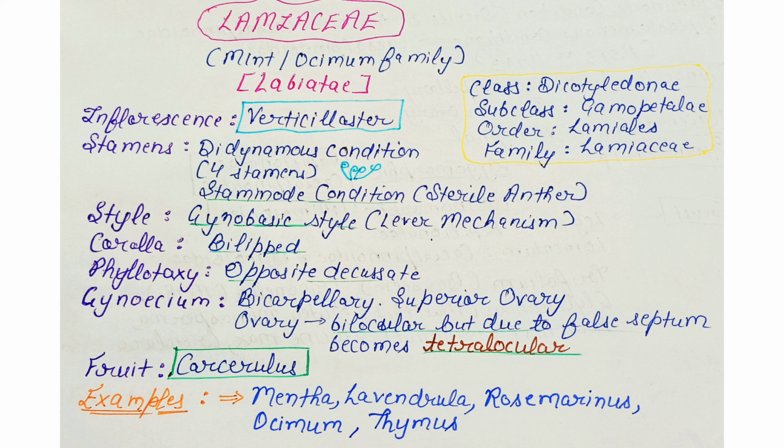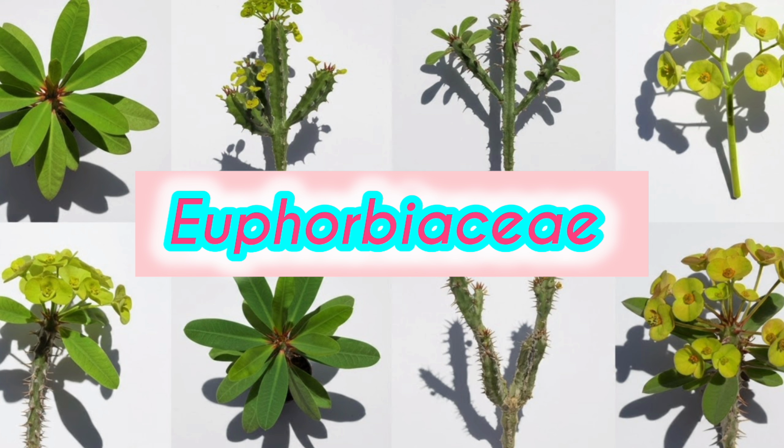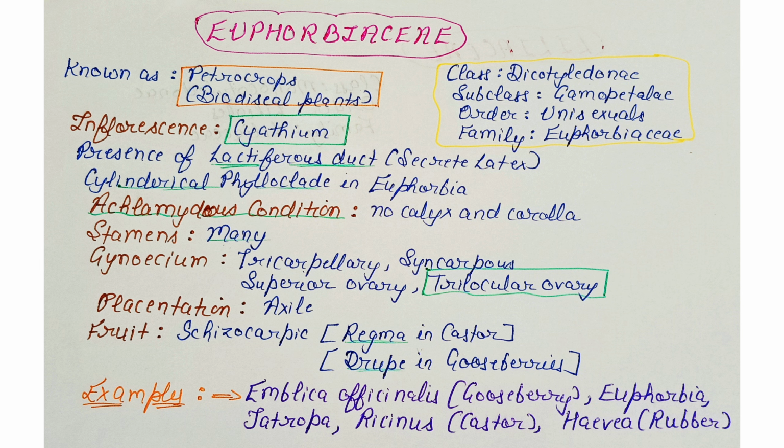Examples are Mentha, that is mint, Lavandula, which is lavender, gives an important essential oil, rosemary, another important essential oil, Ocimum, that is holy basil, the tulsi, and Thymus. Next is the Euphorbiaceae family. It is commonly called the family of biodiesel or petrocrops. Euphorbiaceae is a dicot family of subclass Gamopetalae and order